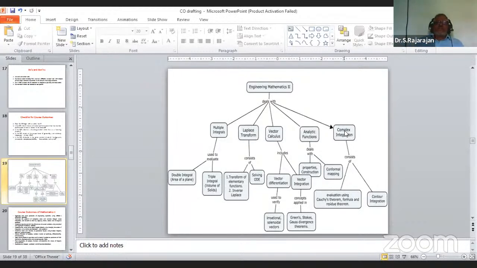First unit deals with multiple integrals. Second unit, Laplace transform. Third unit, vector calculus. Fourth unit, analytical function. Fifth unit, complex integration. These multiple integrals are used to evaluate double integrals, triple integrals, area of a plane and volume of a solid. The Laplace transform consists of transforms of elementary functions, inverse Laplace, solving,